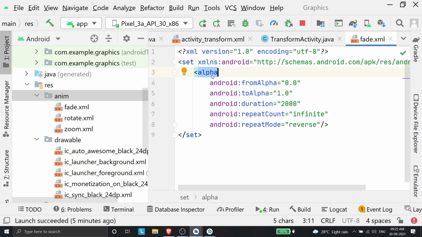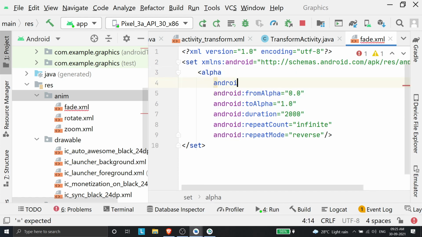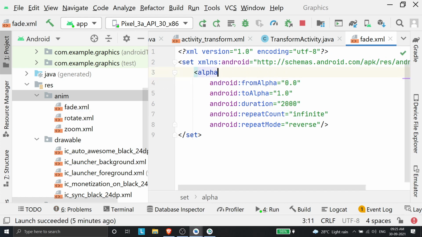So alpha specifies fading. Inside alpha, you need not remember these things. If you type android and give a colon, it should technically autofill them, but it's not autofilling. I don't know why it's not happening right now. I think my internet is low, that's why it's not autofilling.